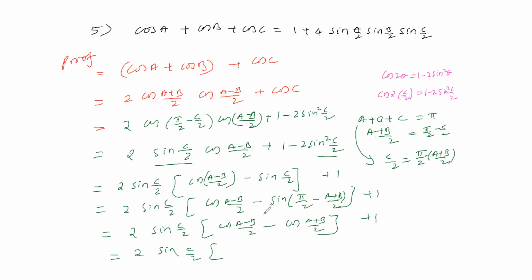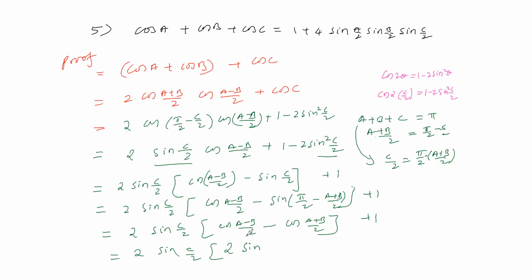So what is that formula? 2 sin((A plus B) by 2). Otherwise, cos x minus cos y we can write as 2 sin((x plus y) by 2) sin((x minus y) by 2). So what we are getting: if you add these terms, B by 2 and B by 2 cancel, so A by 2. 2 sin, this sin, and cos A minus cos B. What is that formula for cos A minus cos B?